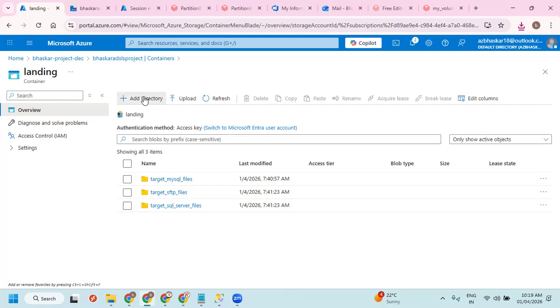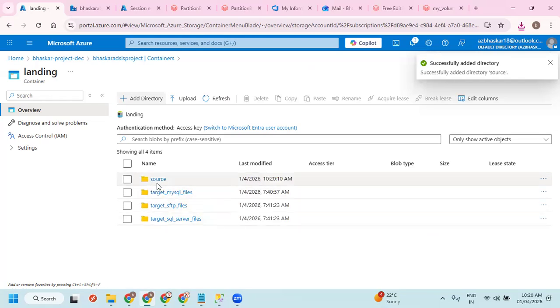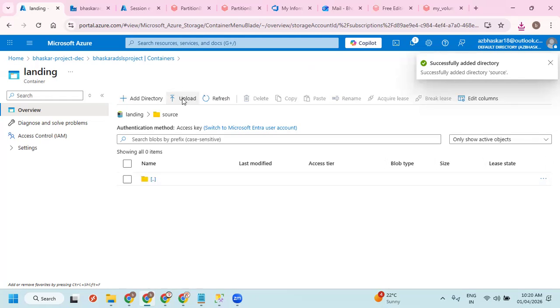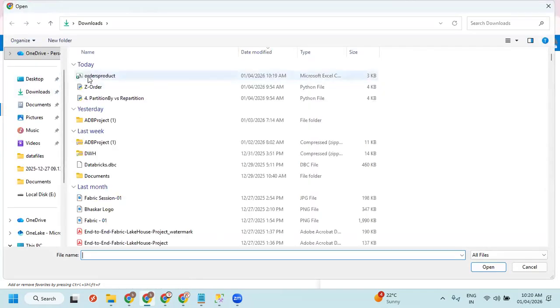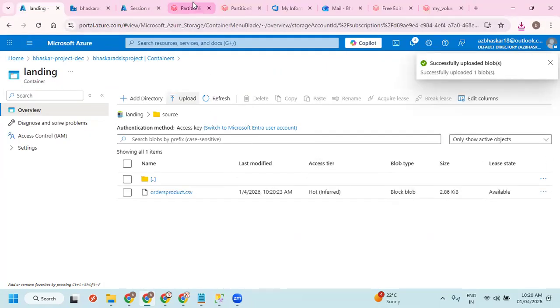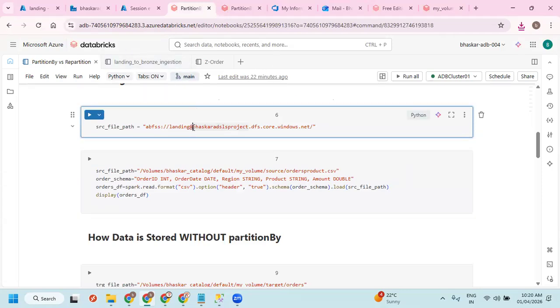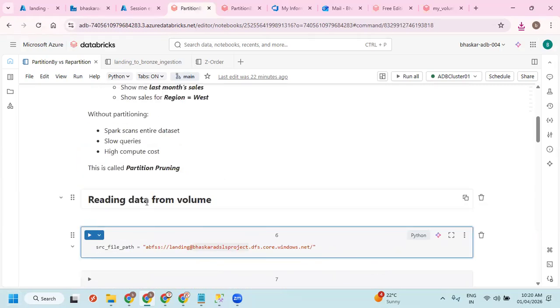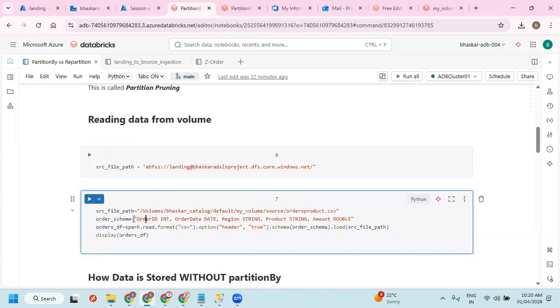Let me create a directory here: source. Inside source, I'm just going to upload this file. I wanted to see what is there inside that file. I wanted to read the data from that particular file. So to read the data from that file,